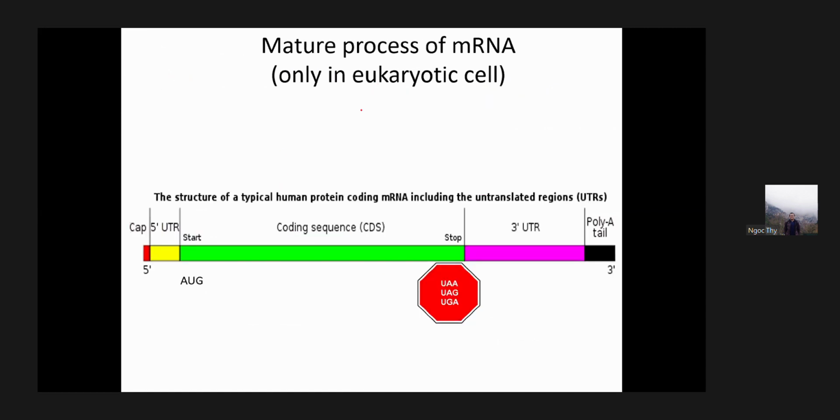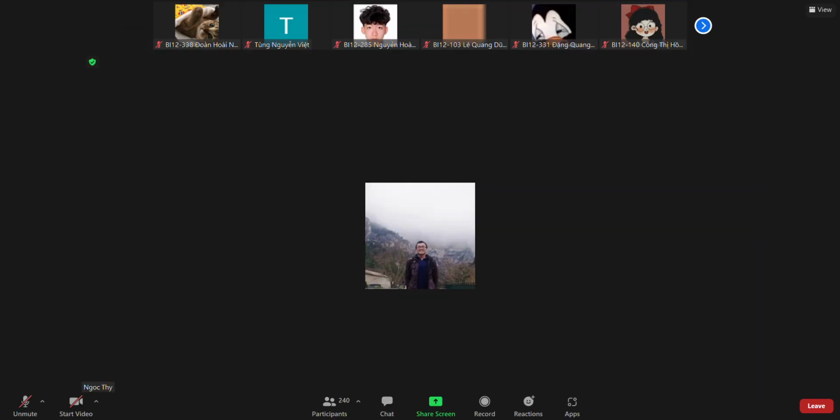The typical structure of the mRNA, as you can see in the slide, has the 5' cap, the 5' UTR, the coding sequence, which codes for protein, and the 3' UTR. Maybe I will open a paint file